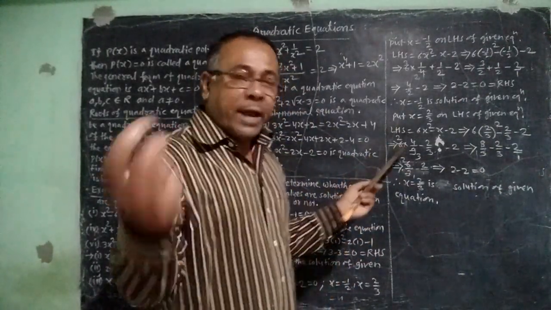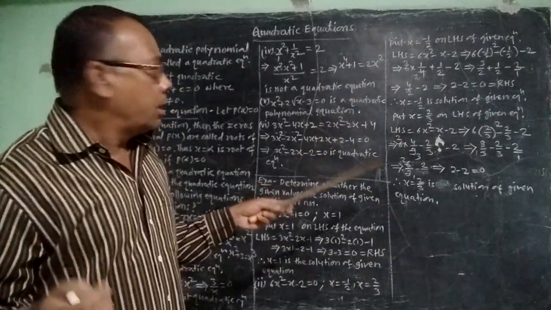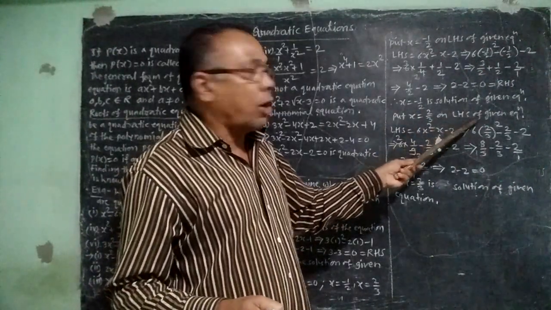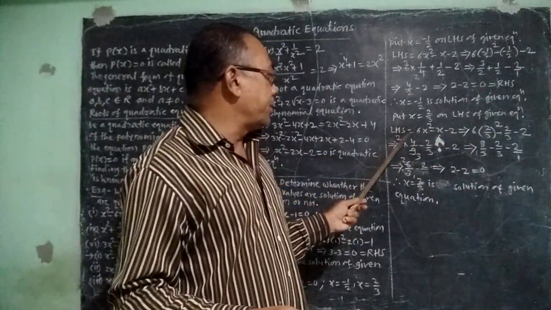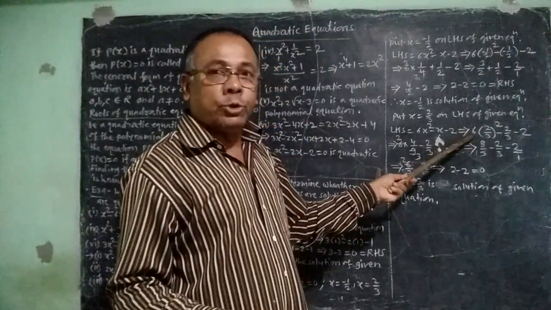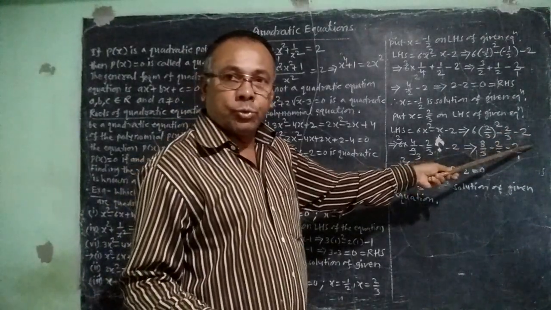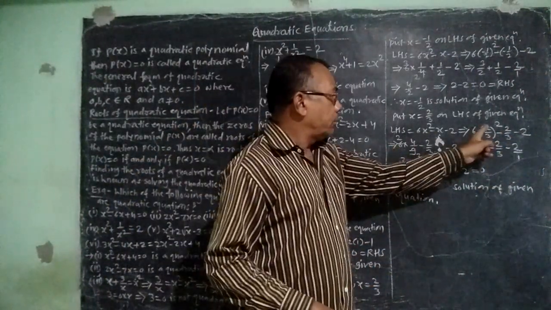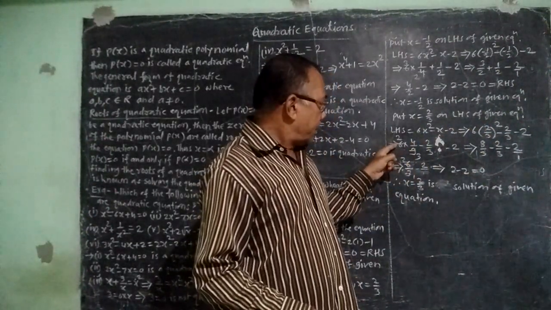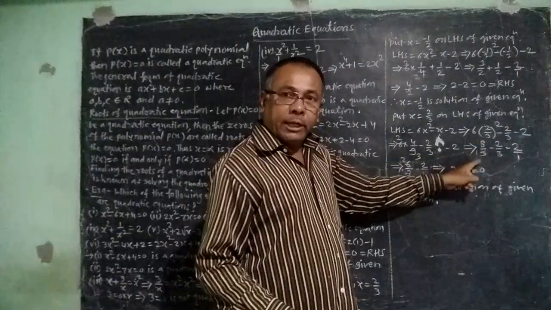Now to find whether x is equal to 2 upon 3 is a solution or not, we will substitute x is equal to 2 upon 3 on LHS of the given equation. LHS is equal to 6x square minus x minus 2, which gives 6 into bracket 2 upon 3 bracket square, minus 2 upon 3, minus 2. Here 6 into 2 square is 4, and 3 square is 9. After reduction, 3 2s are 6, 3 3s are 9 and 2 4s are 8. So 8 upon 3